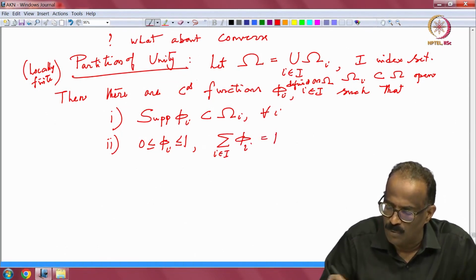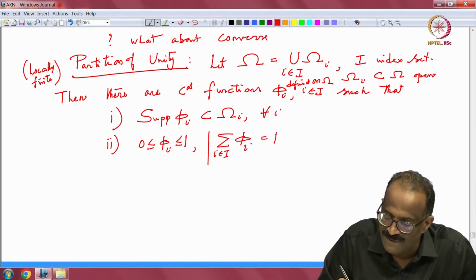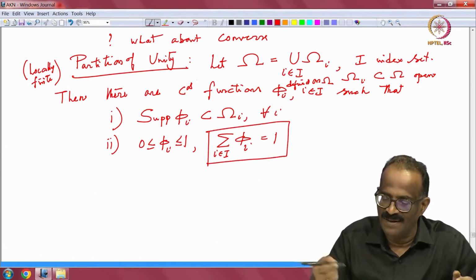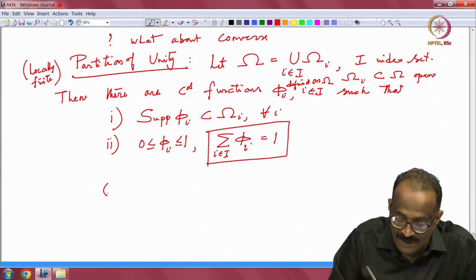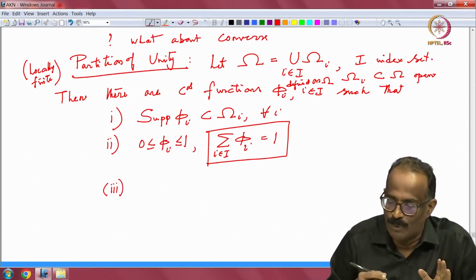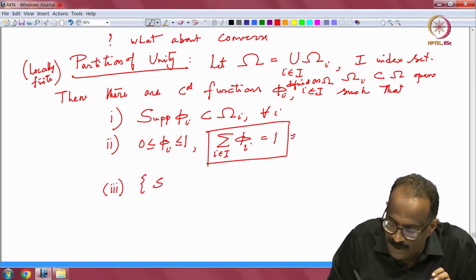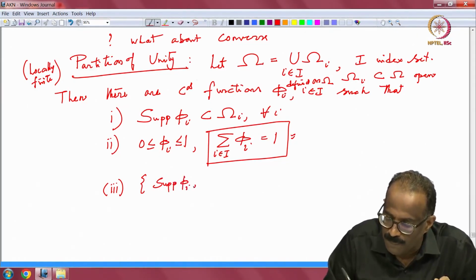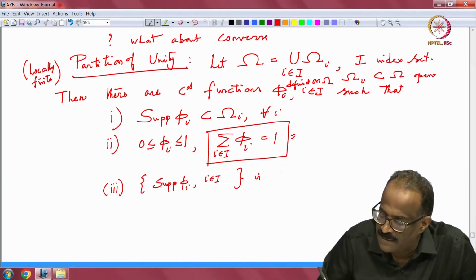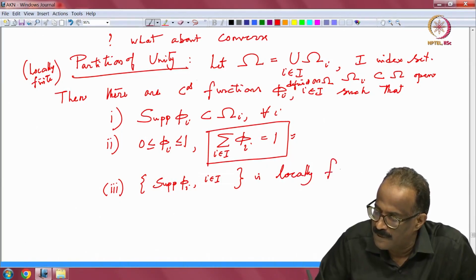is equal to 1. You have to be careful with the sum at this stage, because this may be a very arbitrary summation. So how do you add all that? That is handled by the third property. Maybe you can write it as the second property, then this will not have any trouble. That is, the supports of phi_i, these are all compact sets in omega, i in I, is locally finite,